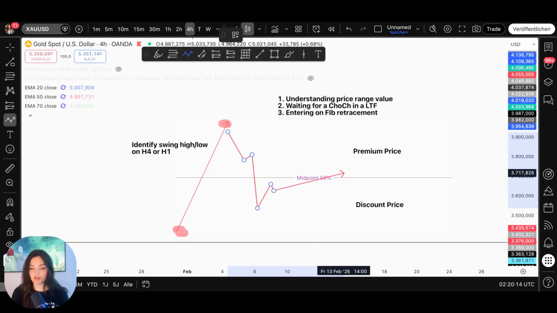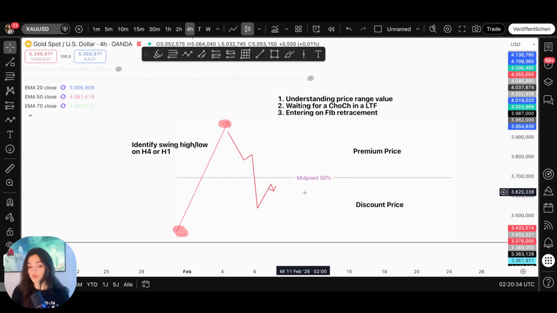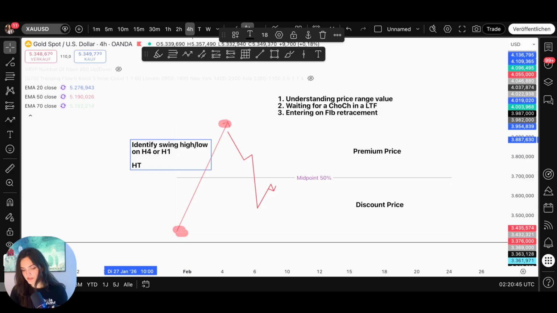Being in discount does not mean we blindly buy, it only means that we are in an area where buying makes sense if we get confirmation. So the higher time frame gives us a location. It does not give us timing. Once price reaches discount on the higher time frame, that's when I shift my attention to a lower time frame for confirmation. So higher time frame is for location and lower time frame is confirmation, which now brings us to